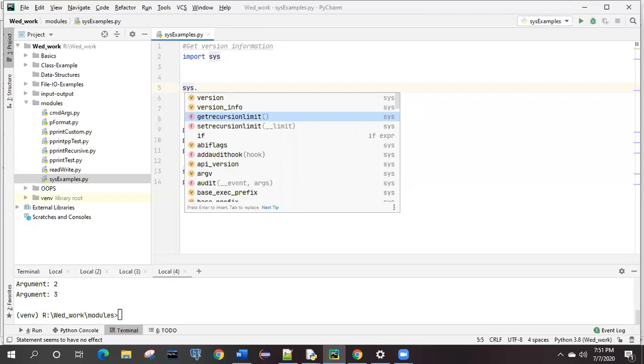Previously also we talked about recursion, right? Recursion is nothing but a function calling itself. When a function is called from the same function itself, that is recursion. And we have seen some examples also, factorial also we have seen.